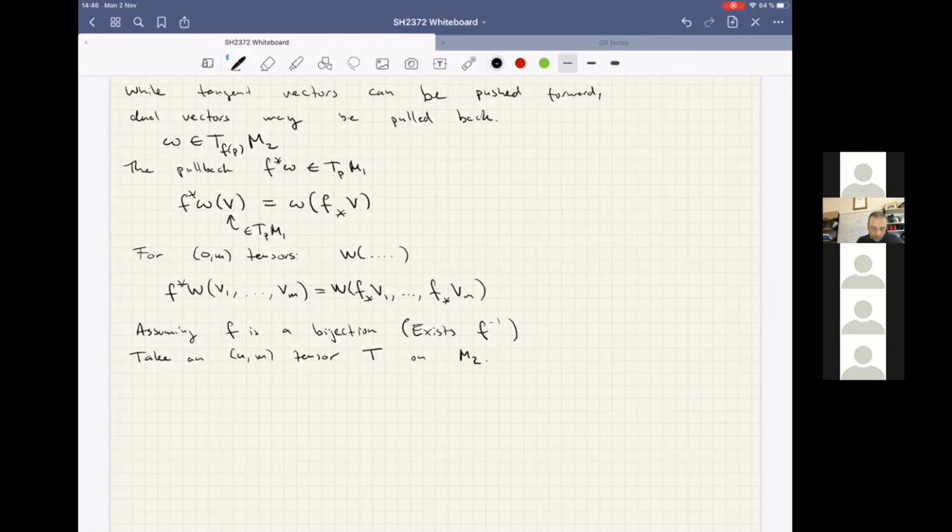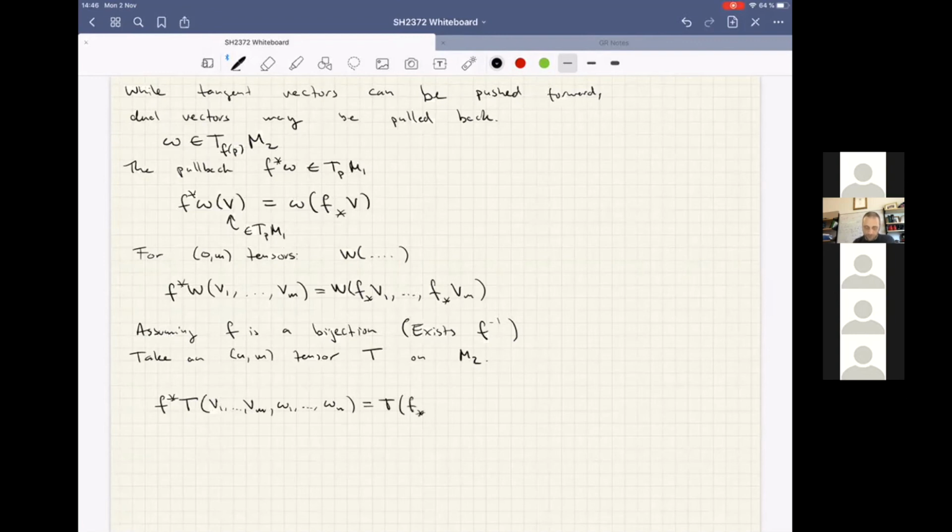So that would mean that we want to pull this back to M1, which means that it's going to take Vm tensors, tangent vectors on M1 as arguments, and also a number of dual vectors, omega 1 through omega n on M1 as arguments. And this we will then define as the tensor T, which was defined on M2, and we're going to have